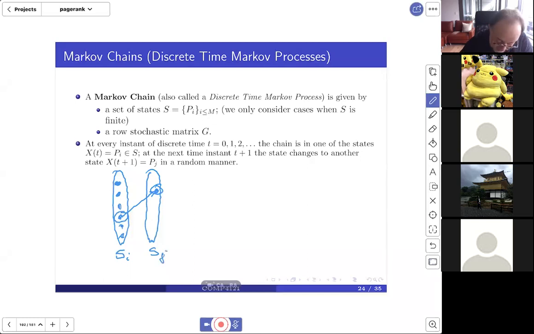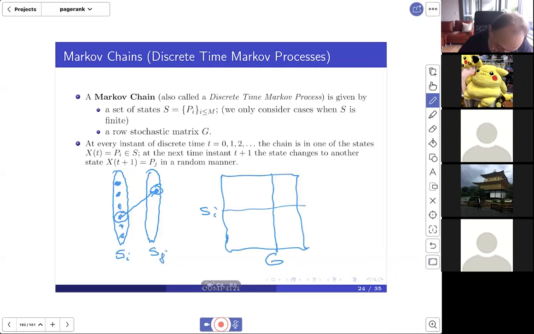This transition is completely random and is governed by the matrix G. If you look at the matrix G, at the row that corresponds to state Si and the column that corresponds to state Sj,